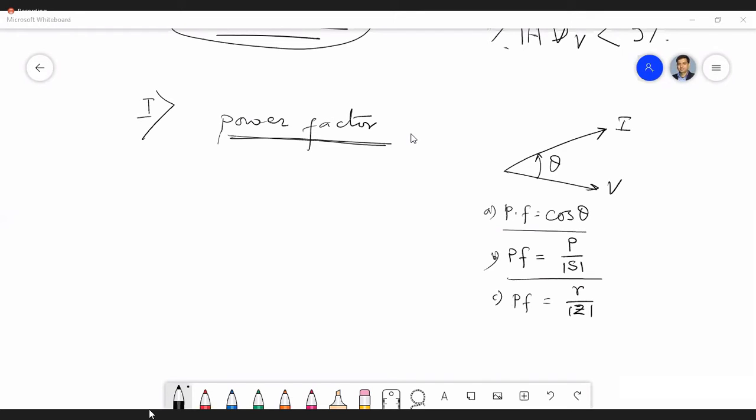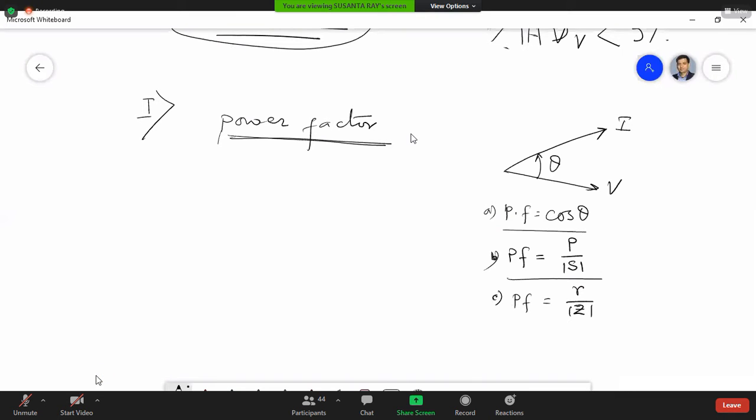Okay, tell me what you were saying. What is the basic underlying assumption? So we are taking only the magnitude of all of these things in the definitions. Okay, but that is not the assumption. See, everywhere we have to take the magnitude only, because the power factor is a scalar quantity, no? Power factor is a scalar quantity. It's not a vector quantity or phasor. Yes, sir.